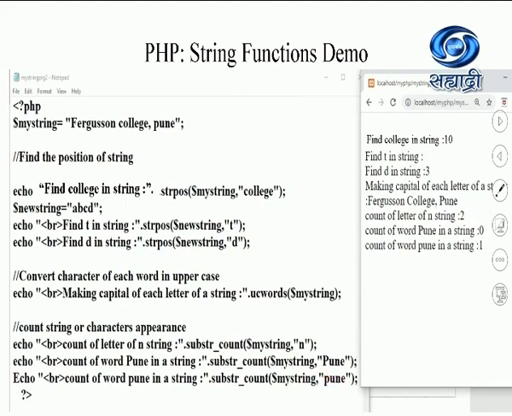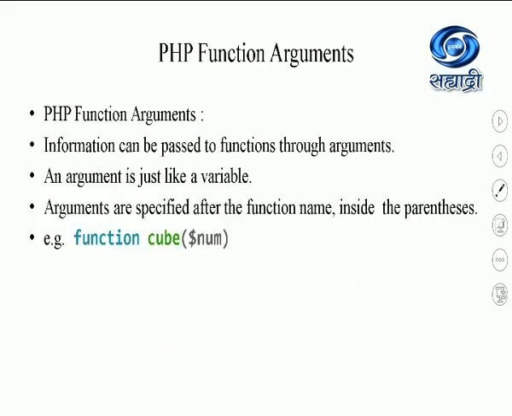When I write small p, I get the output as 1, because this small pune is occurring once. So when you are finding a particular substring in a given string, you must take care of the case. This is all about the string functions. You have to make use of these string functions in your various programs like vowel counting and others. In question number 8b, you may get a question on various string functions from JavaScript or here, not from PHP.